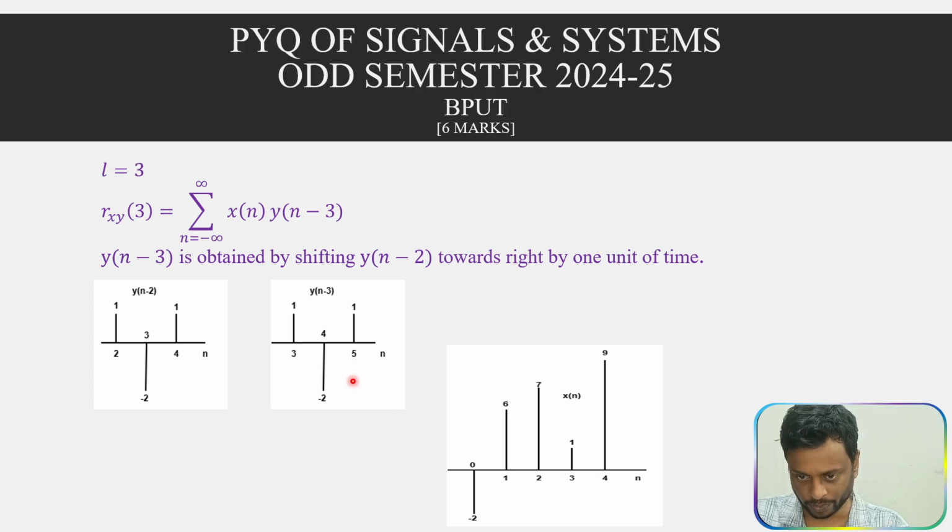Common values are 3 and 4. So it will be 1 into 1, then 4 into 9 into minus 2. Okay, you can see 1 minus minus 18, that will be minus 7. Okay. Next is your,